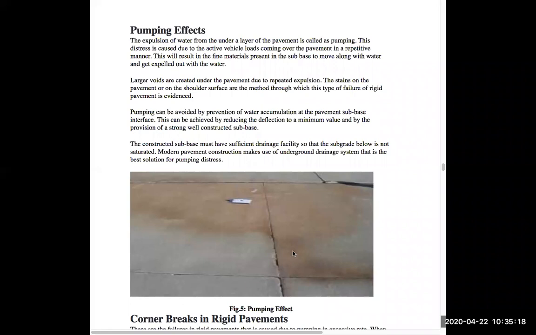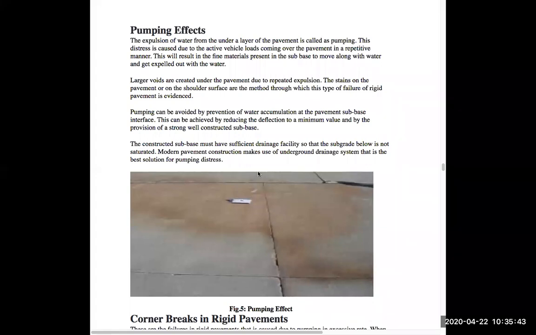What happens is, when the foundation comes in contact with moisture or water, and there is a repeated application of load on the panels of the slab, there will be a pressure onto the below layers, and the water or mud water eases out through the joints.